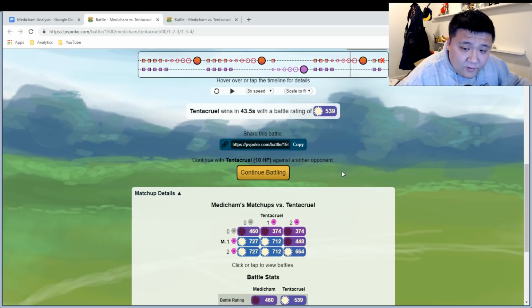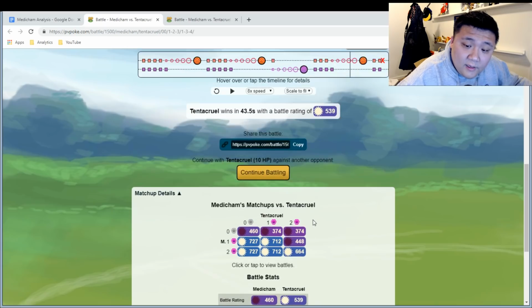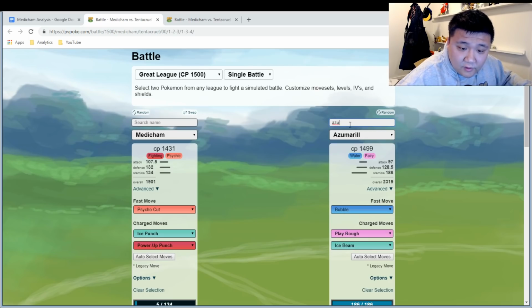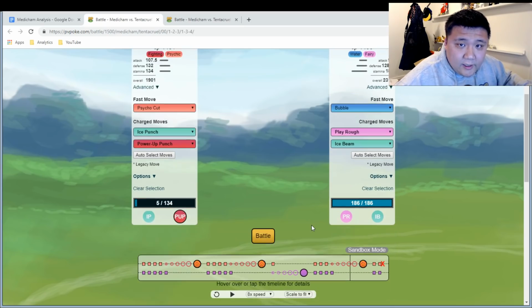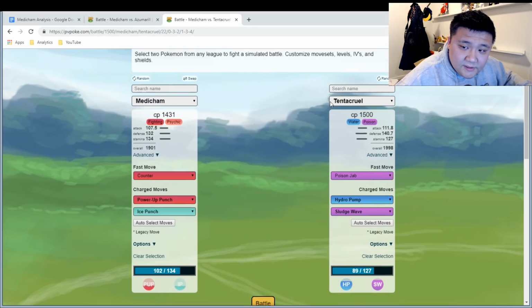But then again, if you look at Psycho Cut, you still end up losing the no shield scenario, but it's actually much closer, and then you end up dominating the 1 and 2 shield scenario. And if what I talked about here, that where it does slightly worse, so if you look against Azumarill, where you think that this is something where Psycho Cut is neutral and Power Punch is resisted, you'll see here that you end up losing every scenario against Azumarill versus